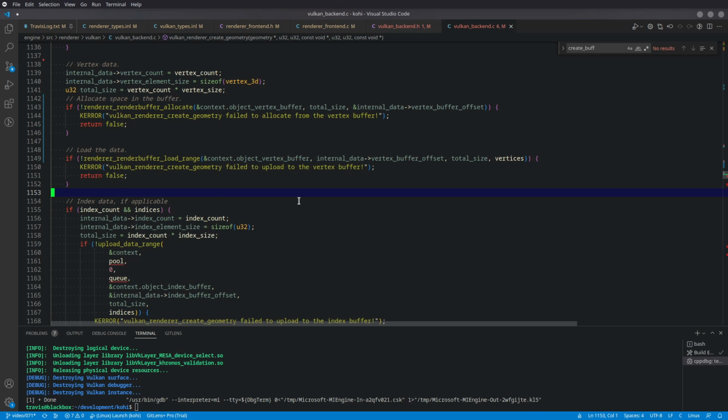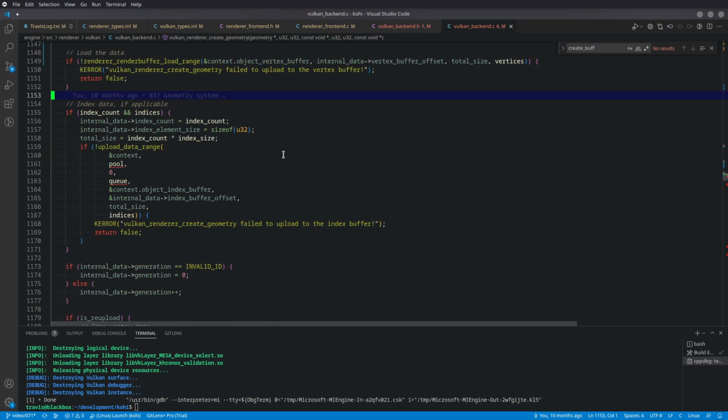And just format that, all right? And so since we've done that to the vertex buffer, we also need to make those same changes to the index buffer. So I'm basically going to come in here and do the exact same thing. So I'm just going to grab all of this